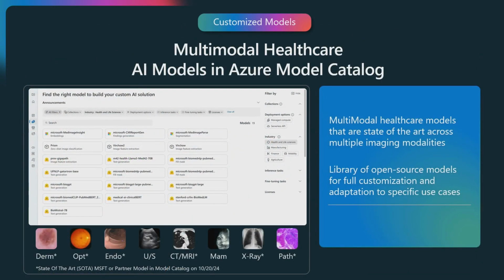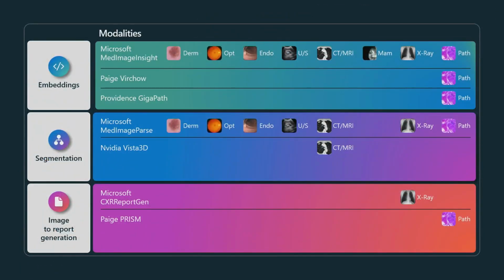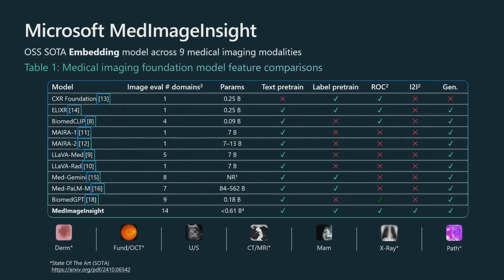And then there is a whole bunch of customized medical models that we publish in our Azure Catalog, domain-specific models that allow you to do all the other things we talked about, like having customized models and embedding models. So we have embedding models, segmentation models, and report generation models published in Azure Catalog. The embedding fine-tuning that we did does pretty darn well for about nine or so medical tasks that it may not have done otherwise. So fine-tuning of the embedding model is a good example of how you get better performance out of your fine-tuning.